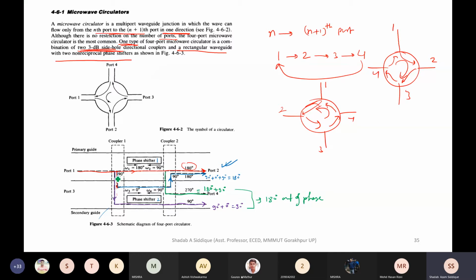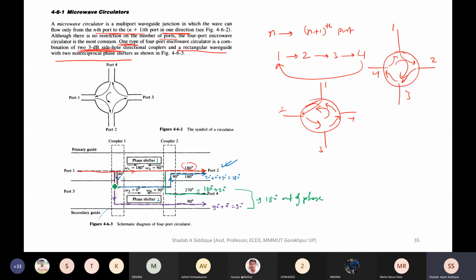Similarly you can check it out. If you are applying the input from port 1, you can take it from port 3 also if you want, but we are just checking the neighboring one. Neighboring one means from port 1 to port 2 and port 3. It will go from this side or this side, not to the opposite port. It will only go to the side port. So only the side port it is traveling. If it is not traveling to the side port, that means it will certainly not go to port 3. So that is understood. If you want, you can check it also.